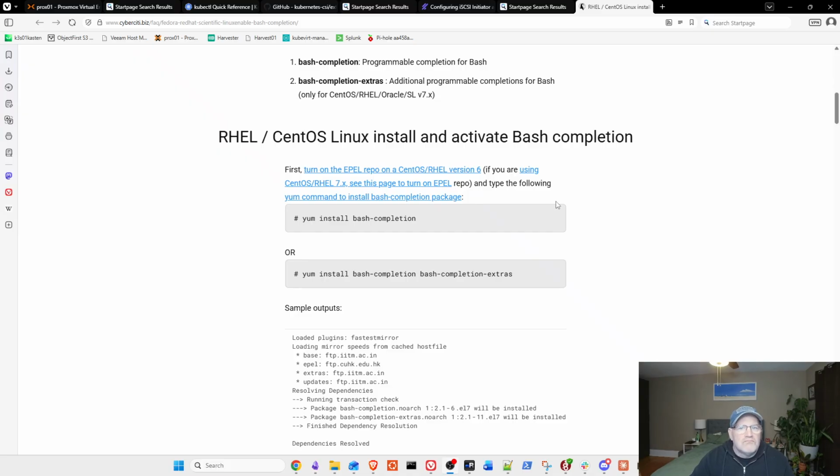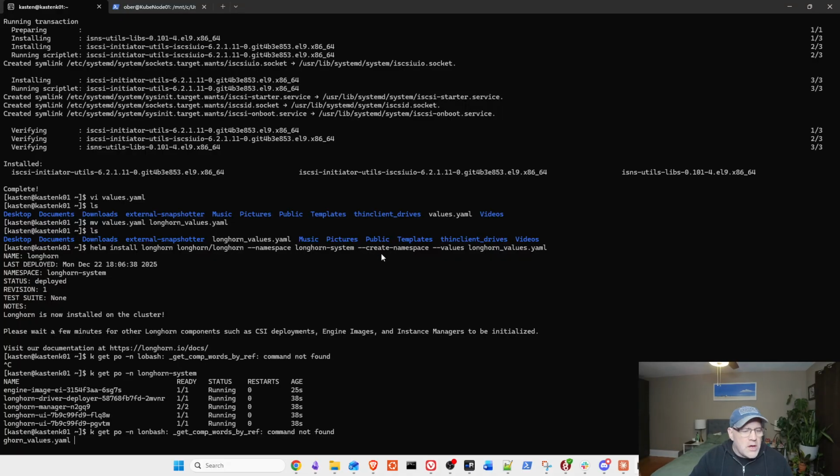All right. So I Googled this because I haven't done this in Rocky Linux before. Now, as you can see, it's using the old yum. Okay. We're using DNF, but I'm assuming that's this one. There's bash-completion. There's bash-completion-extras too. Let's try bash-completion first. I'm going to copy that. And we're going to use our already really well-known